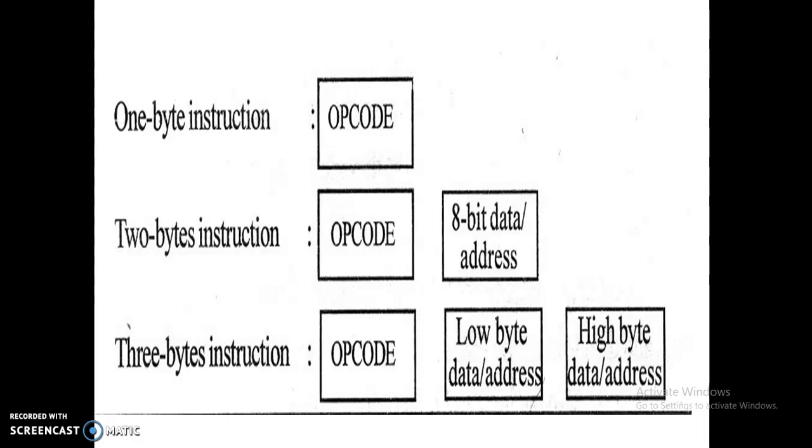Okay, girls, all of you keep it in mind. This is one of the important questions in microprocessor instruction and data formats. There are 3 types of instruction: 1 byte instruction, 2 byte instruction, and 3 byte instruction. 1 byte instruction means in only 1 byte itself it has the opcode and the operand. In the 2 byte instruction, the first byte is the opcode, the second byte is an 8-bit data or an address or memory location, you can say. In the 3 byte instruction, the first one is the opcode, the second one is the lower order address, the third one is the higher order address. Okay.